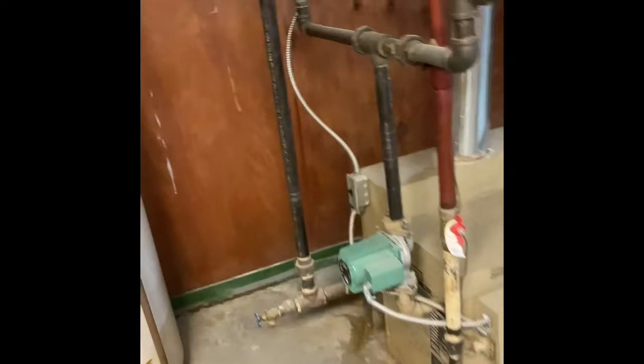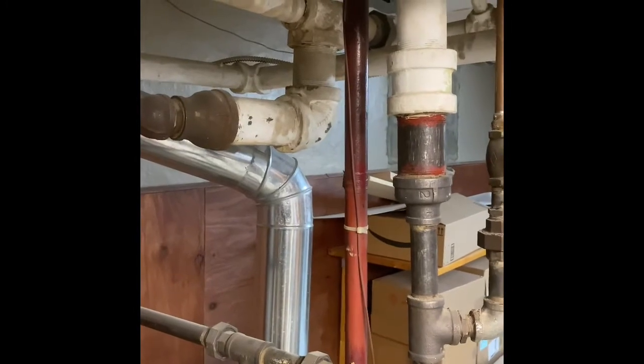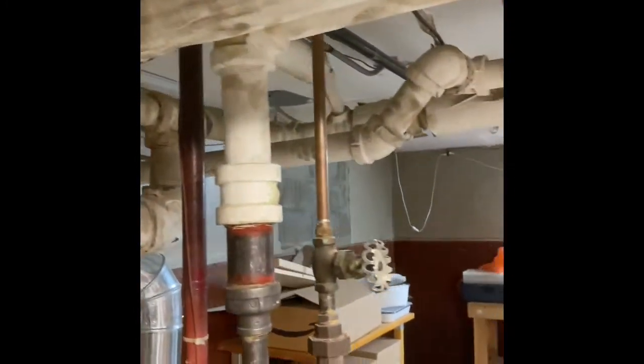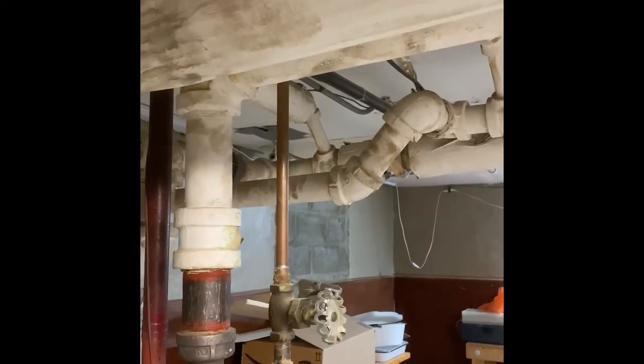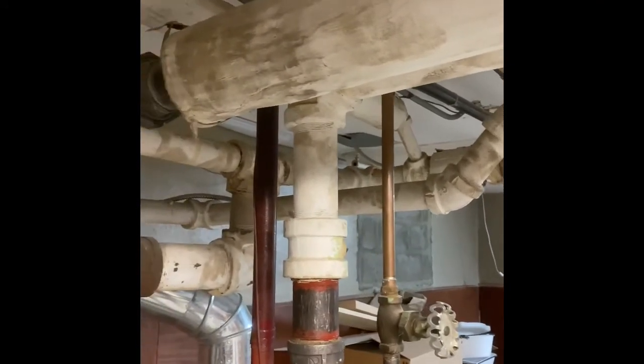So if they decide, one option would be to get rid of the boiler completely and do 2 gas furnaces down here in the basement and a heat pump upstairs. If they do 2 gas furnaces down here, we'll have to check all their gas line capabilities. They will be high efficient gas furnaces. So we would run our gas line from the ceiling here over to